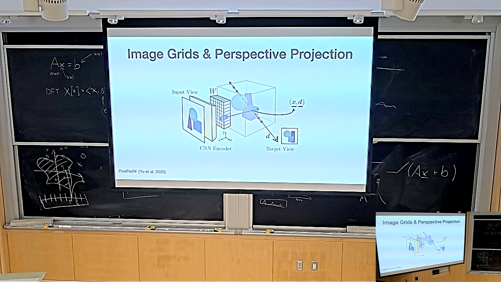One way to think about it is to shoot a ray from the camera, and whatever the color is of the point that you're hitting, that's the color of the pixel. So wouldn't it make sense, if I have a 3D coordinate and an image of the scene, to take the 3D coordinate, project it onto the image, get some information from the pixel at that coordinate, and use that information to predict what the value of that function should be?